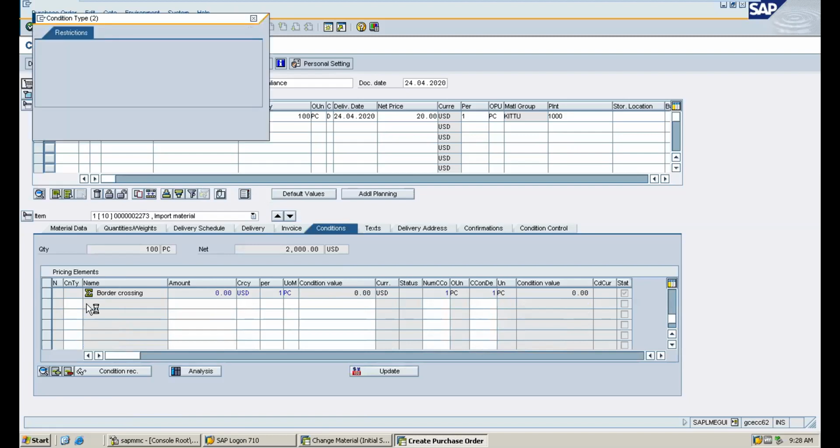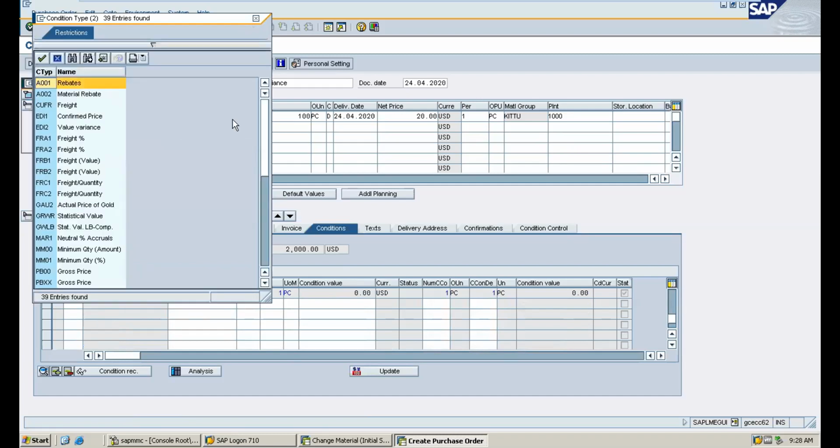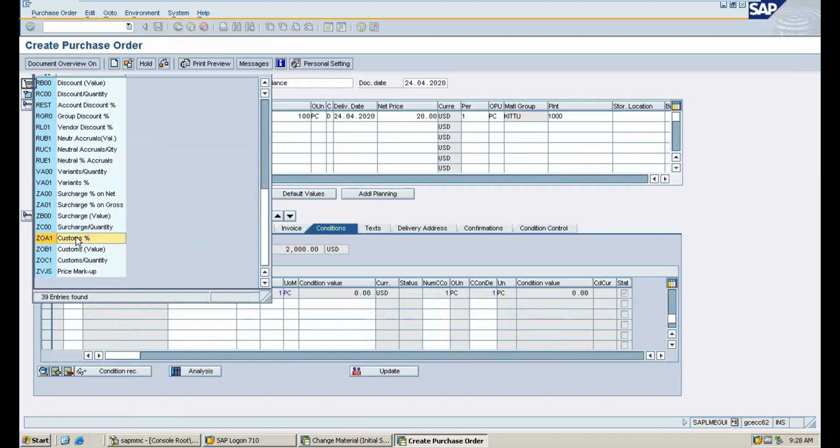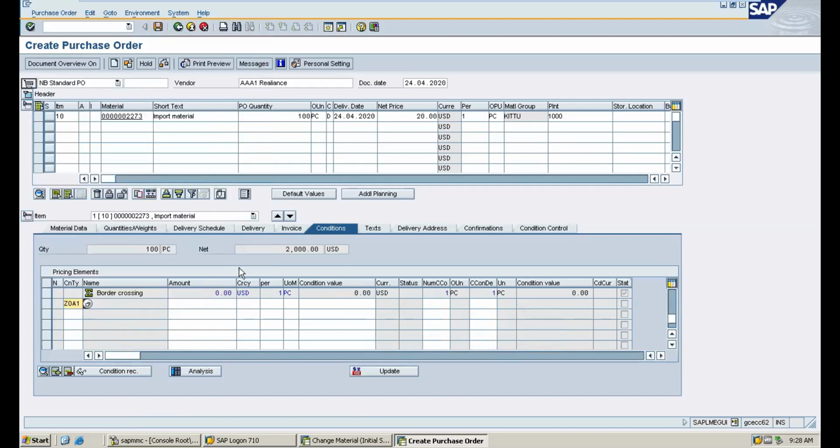Go to F4 and search for customs. I'll take it with respect to percentage. You can see here customs percentage. I'm maintaining 10% as my customs.